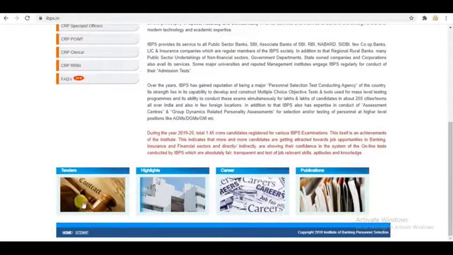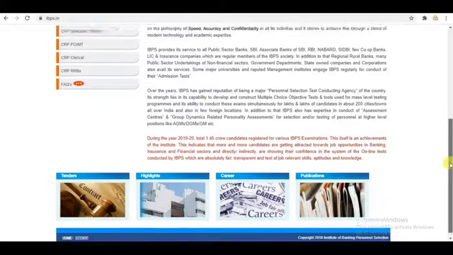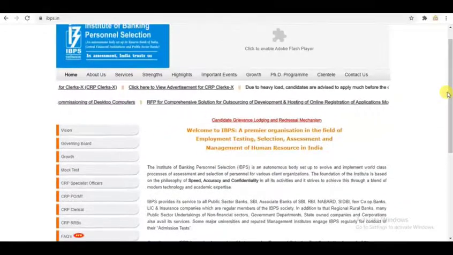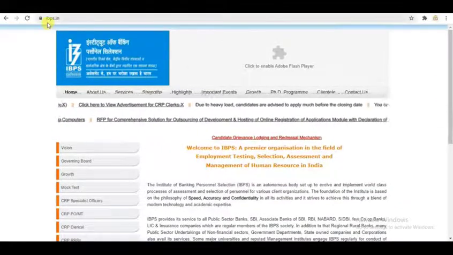Before the footer there is another row in which there are different images, 1 2 3 4. This row is divided into 4 columns. Then at last there is a footer section. So this is the site of IBPS.